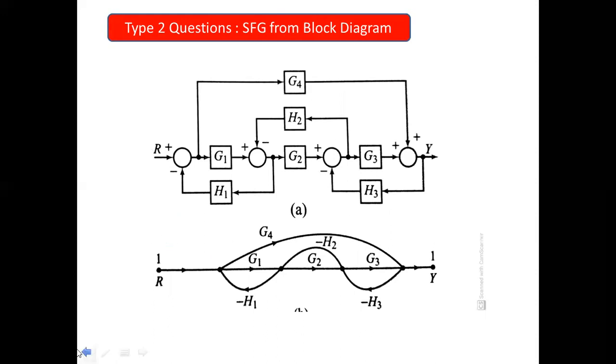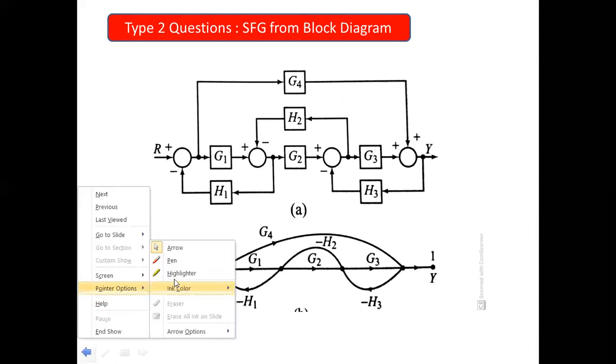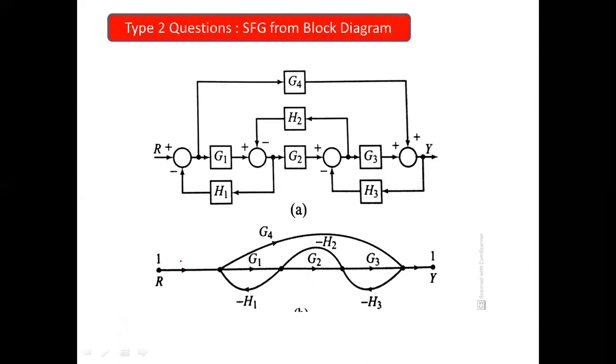The only pattern I am considering here is to look after the nodes. Firstly, we have to draw the nodes from left to right. Okay, the same pattern would be there, but considering nodes is the foremost important thing. So how will we try to convert this block diagram into a signal flow graph? This is the actual pattern.